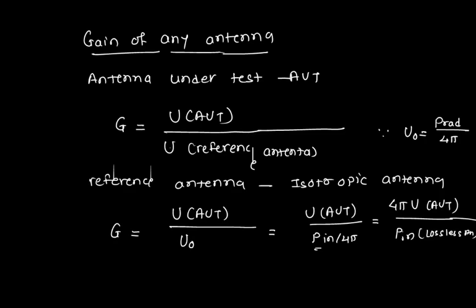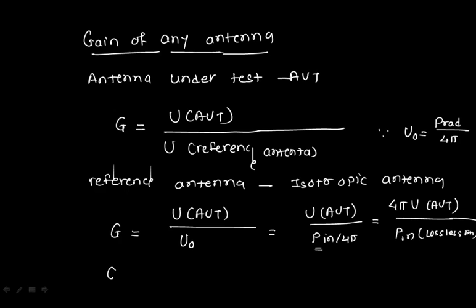So whatever input I am giving will come out of that particular output. And that's how we are going to calculate it. In practice, whenever gain is used, it usually refers to the maximum gain as defined by this particular equation. So if I'm interested in this, this is the ratio.